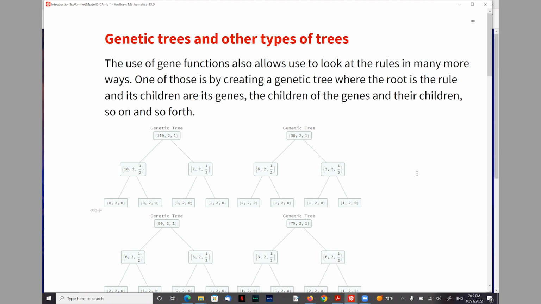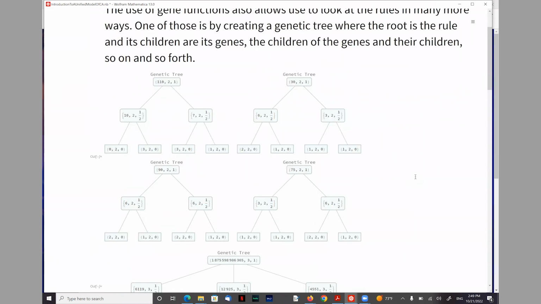So I created something that I called the genetic trees that basically take a rule, split it into the genes, and then those genes will be also split into genes, etc. Because remember that since one space is contained in the next bigger space and the next bigger space, etc. So if you take any of the rules from any of these spaces, the genes will actually be functions of the previous or of the smaller space, so on and so forth until you get all the way to the end. So in this case, you can see that a genetic tree for 110, again, is 10-7,